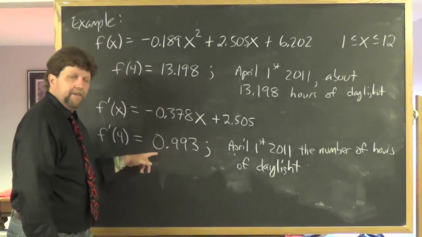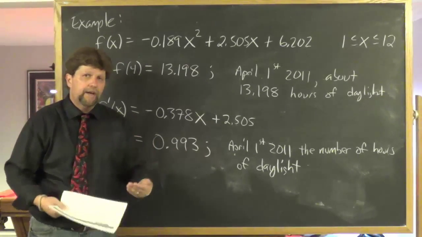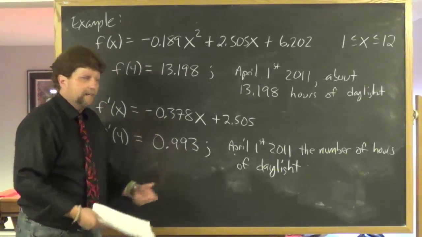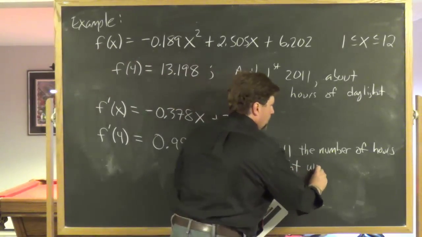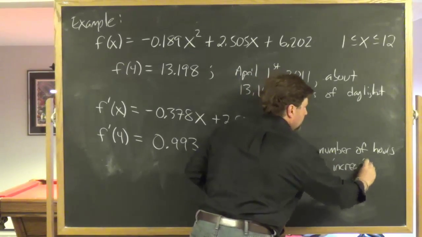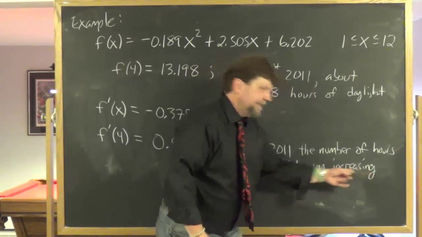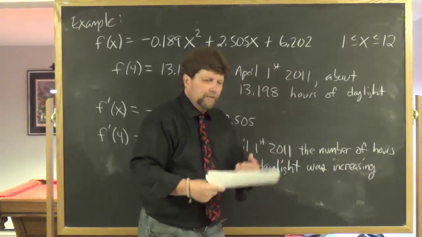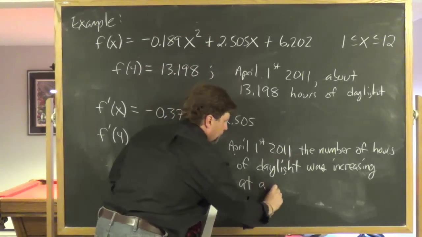This is a positive number. Remember, derivative gives us an instantaneous rate of change. It's positive. So the number of hours of daylight was increasing. It's a rate of change, an instantaneous rate of change. I need to see that dynamic word. It was increasing. And then I'll say at a rate